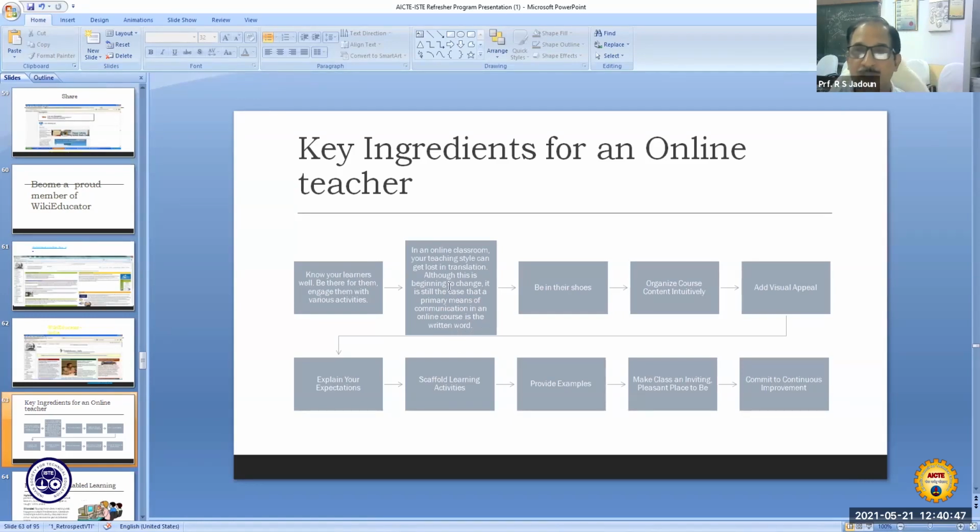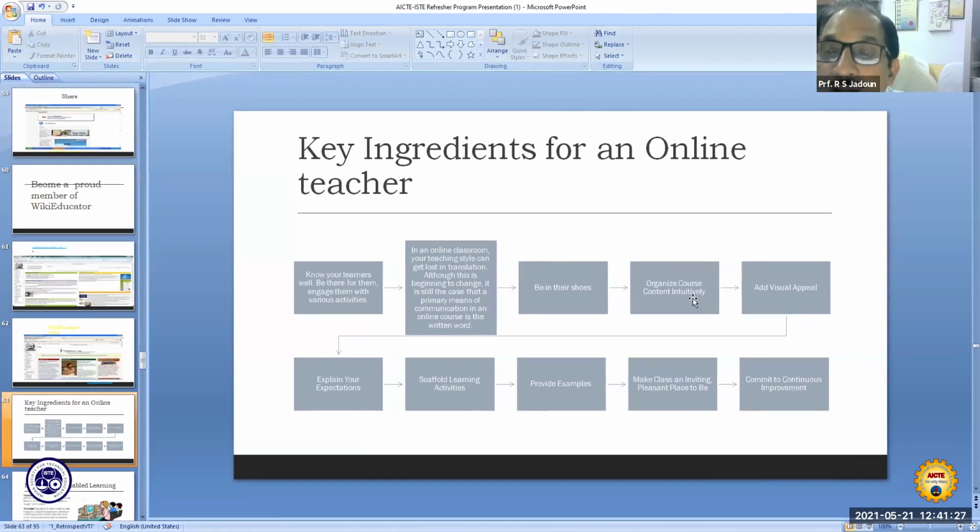Because earlier, in the offline classes, we came prepared for the class and started interacting, speaking whatever we had in our mind, sometimes with or without the help of some written notes. But here, being an online teacher or using online resources and tools, we have to have good content made available to the learner and its understanding by the presenter. So the focus is the learner.